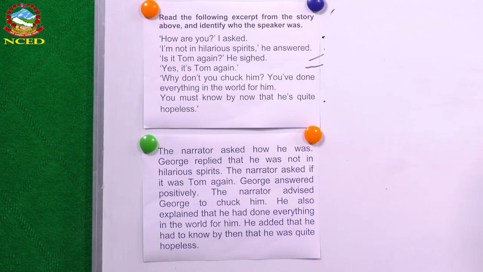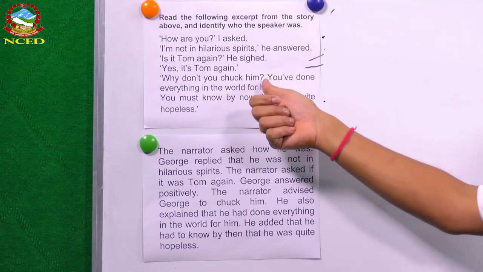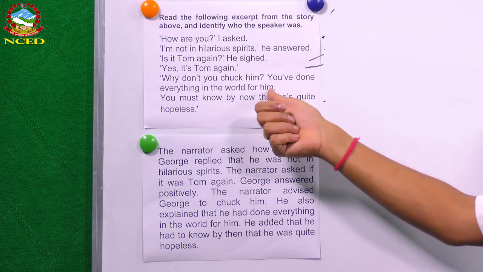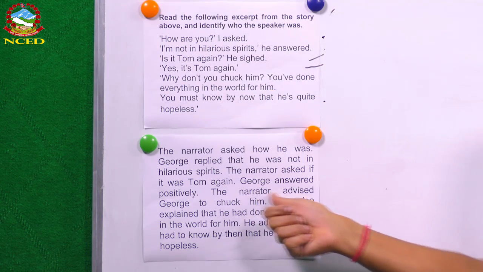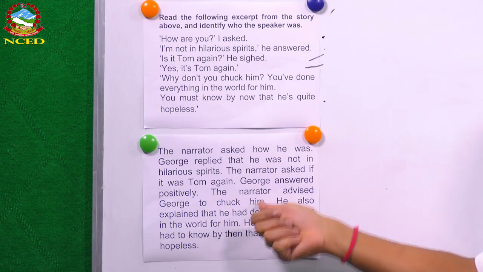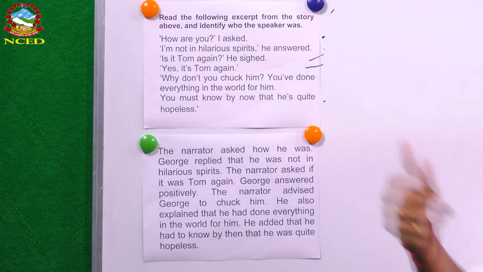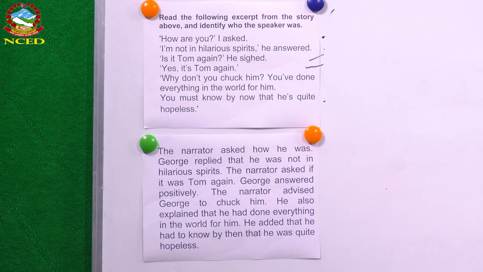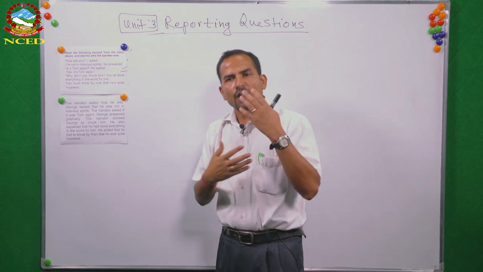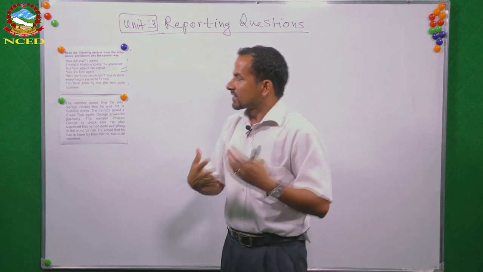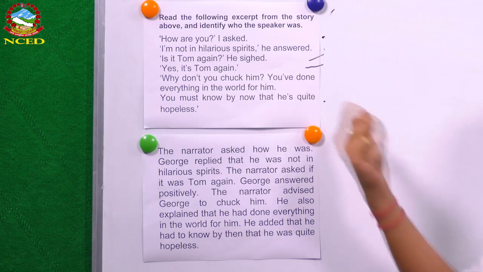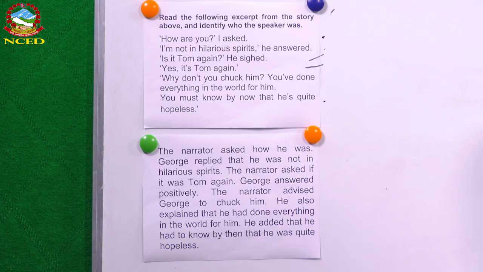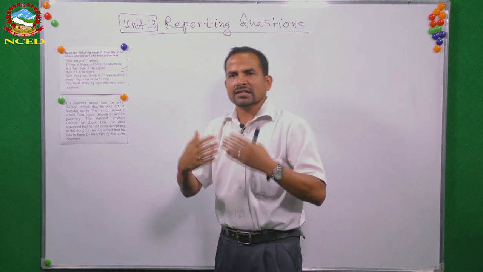The next phrase has been written there. Why don't you chuck him? You have done everything in the world for him. The narrator advised George to chuck him. So although it looks like a question, the language function it serves is the suggestion, right? Why don't you chuck him means he is not actually asking the question, he is just suggesting the person to